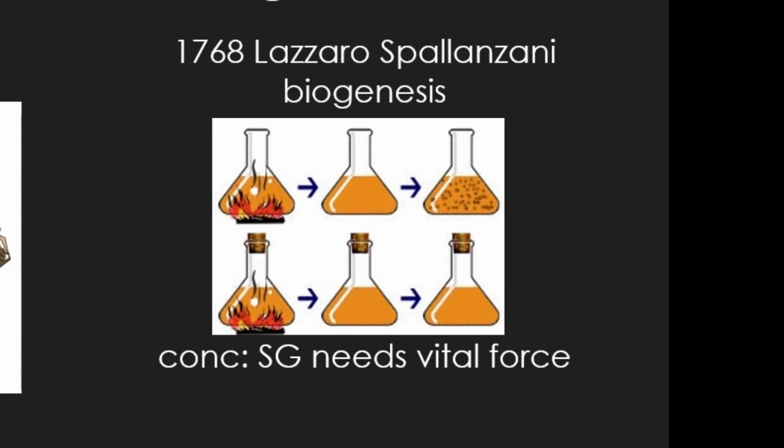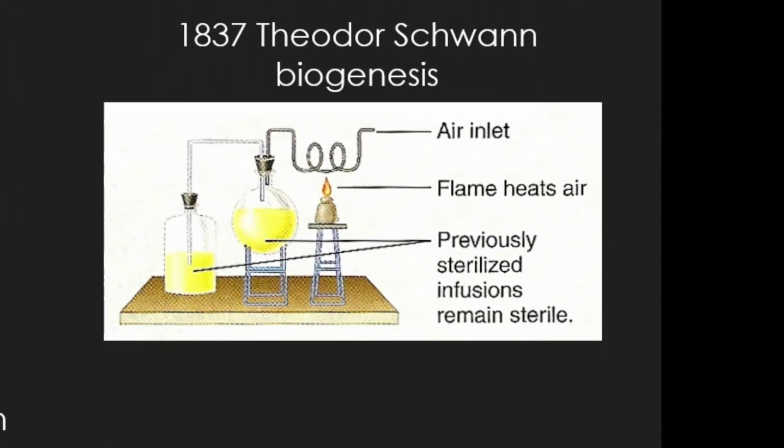And it takes almost 100 years for somebody to come up with an experiment where they feel like they're ready to throw their hat in the ring and give it a go. And that somebody may sound familiar to those of you who have had physiology, Theodore Schwann, because of course Schwann cells were named for him. And in 1837, he becomes part of this biogenesis, spontaneous generation debate as a proponent of biogenesis. And so he sets up this experiment where he's got these sterile broths, and because he wants to allow the vital force in, he creates this air inlet from the broth through a tube and out into the environment. And just to make sure that he keeps everything out of his experiments, he places a flame under the air